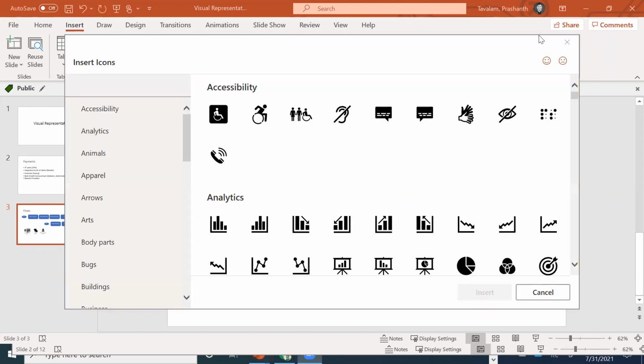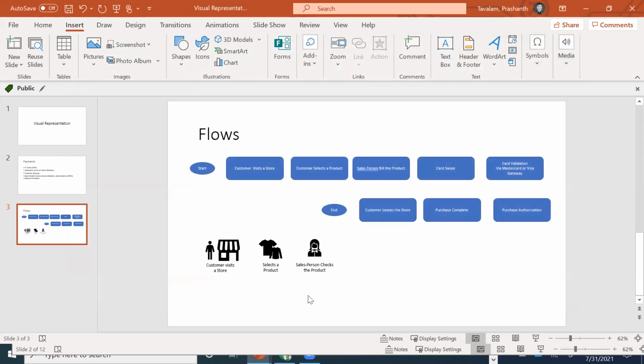Folks, just hang on, okay? So now where were we? We were actually looking at salesperson now checking out the product. Now we have to do the billing, right? So salesperson checking out the product, card swipe has to happen. So how do you do the card swipe?